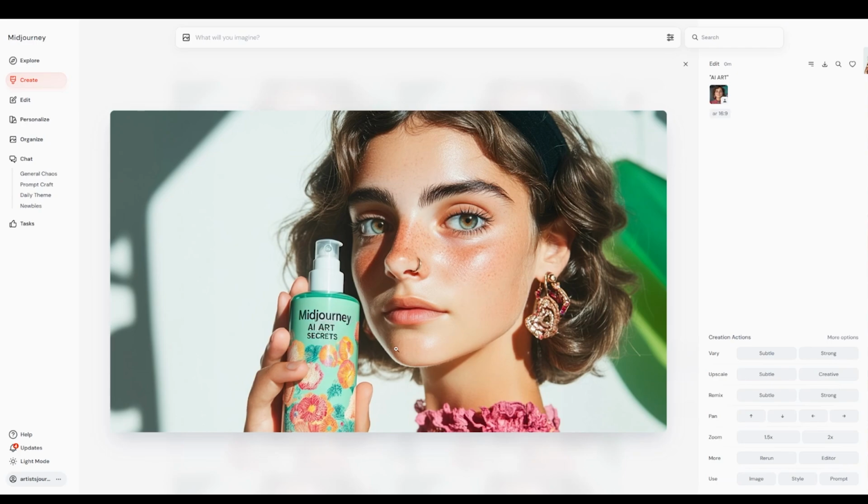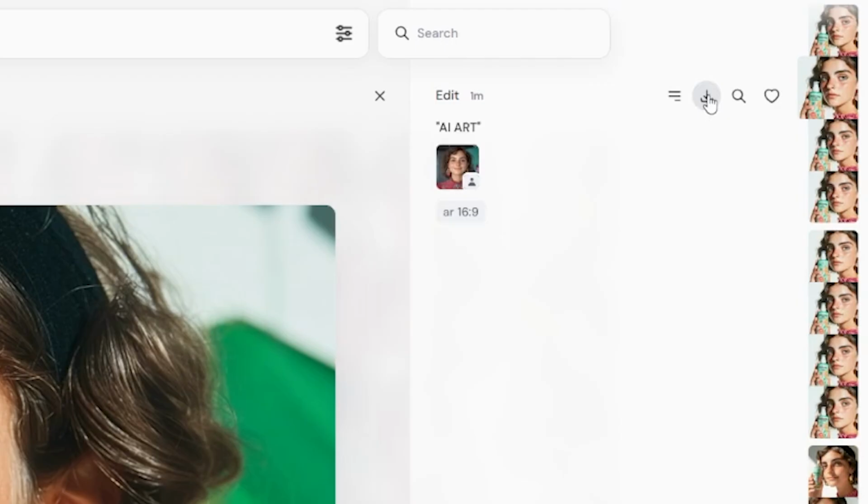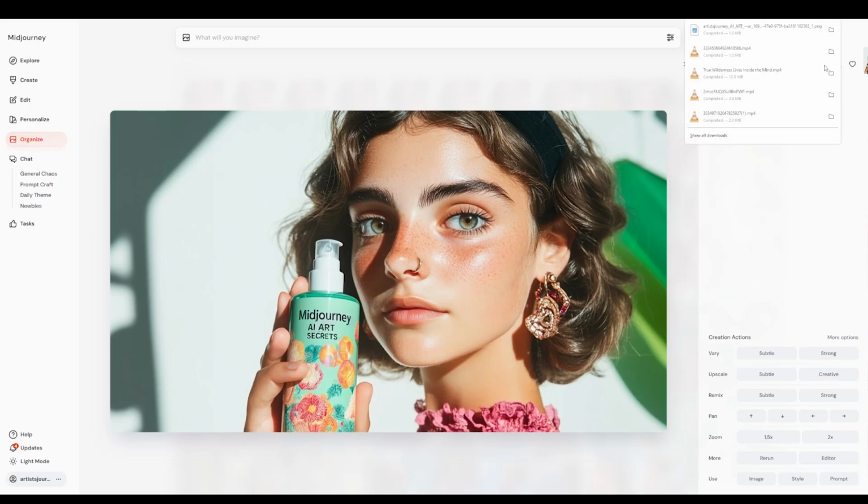So you can always just go into editor and then you can select an area and start to just edit away. Sometimes you can get in a trap of constantly going to rabbit holes of subtle variations and subtle differences, but sometimes it's great to just stick to one image because 98% or 95% of it looks great. It's just that small mistake. Just keep going into editor or using Photoshop or anything you feel comfortable to make those proper edits. And then anytime you find an image that you really do like, all you can do is at the top right over here, just click on this little icon to download,